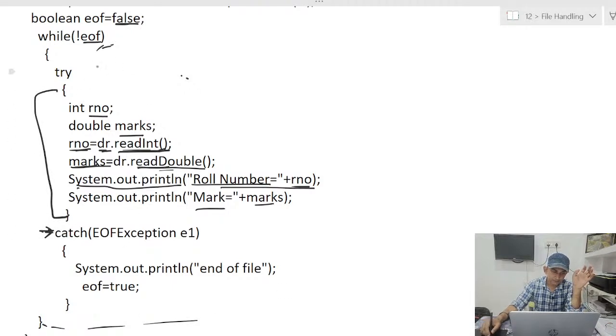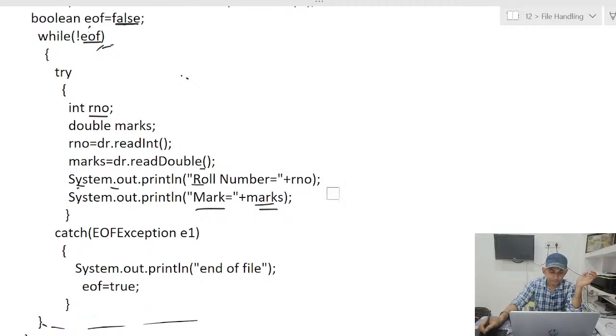फिर ये लूप की क्लोजिंग है, यहाँ से कंट्रोल वापस आएगा। तो EOF की वैल्यू फॉल्स है, कंडीशन में फॉल्स का नॉट ट्रू हो जाएगा। फिर से रोल नंबर रीड होगा, तो अब सेकंड वाला रोल नंबर RNO में स्टोर होगा, फिर सेकंड वाला मार्क्स रीड होकर मार्क्स में स्टोर होगा, फिर रोल नंबर और मार्क्स प्रिंट हो जाएंगे। 2 मार्क्स प्रिंट हो गए, सो ऑन, 3, 4, 5। 5 ही डेटा में स्टोर किया है। जब ऑल 5 रिकॉर्ड्स विल बी read, when all 5 records will be read, then what will happen,